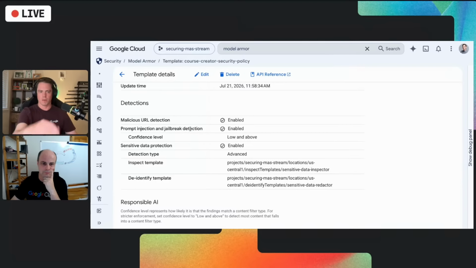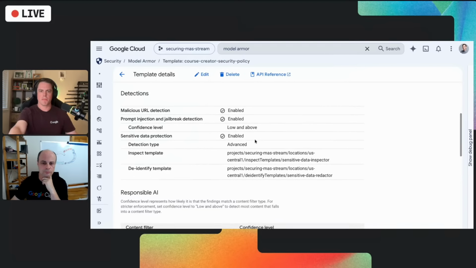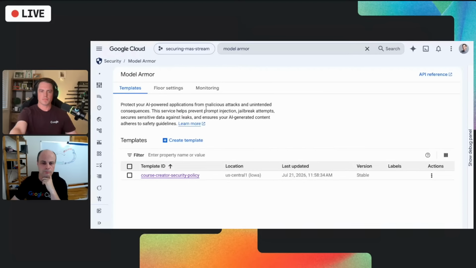That's where we're gonna be more focused on, prompt injection. And then for sensitive data protection, there is a way when you create a template